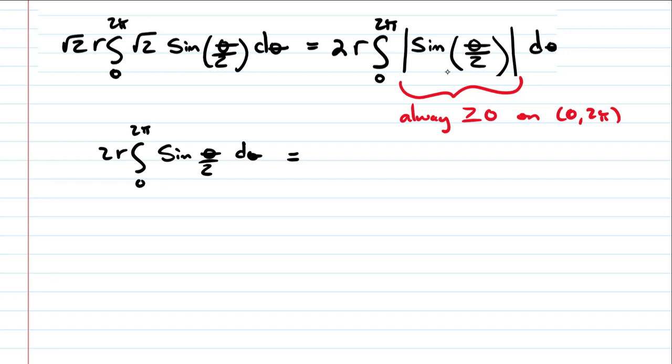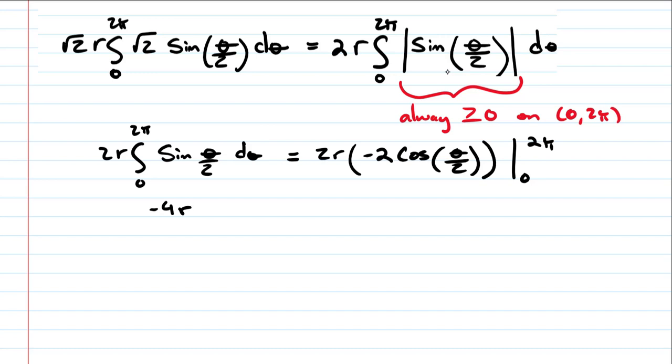So our antiderivative of sine is negative cosine. So we have 2r times negative cosine, but then we have to divide by a half, so negative 2 cosine theta over 2, and then we're going to evaluate that from 0 to 2 pi. So this gives us negative 4r cosine theta over 2 evaluated from 0 to 2 pi,